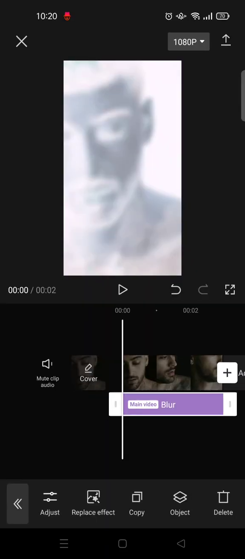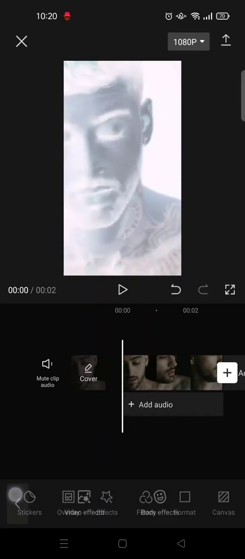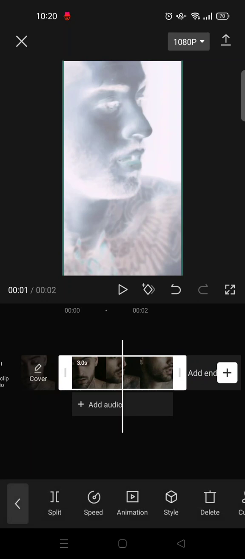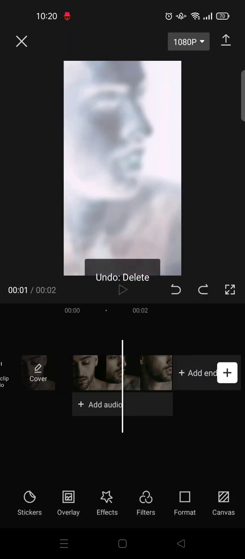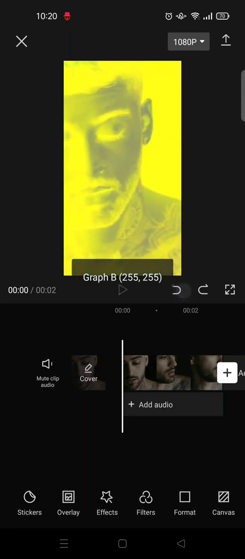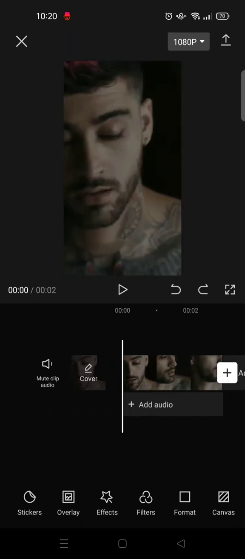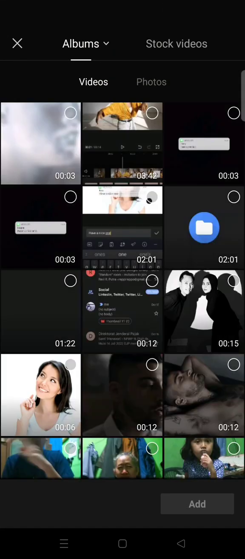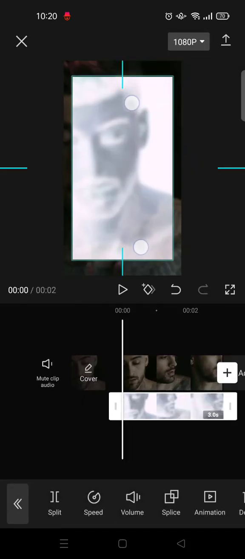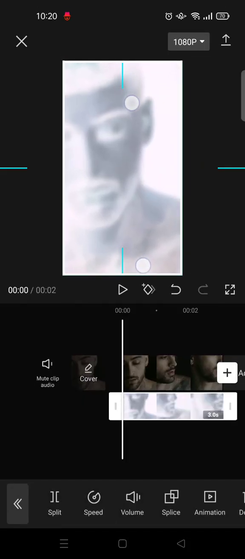And then you can just go back and delete the effects and also the adjustment here. Okay, just delete. Like this, and then after that add the previous video that you've exported as an overlay. This one's right here, click on add and adjust it until it fits to the whole video like this, and